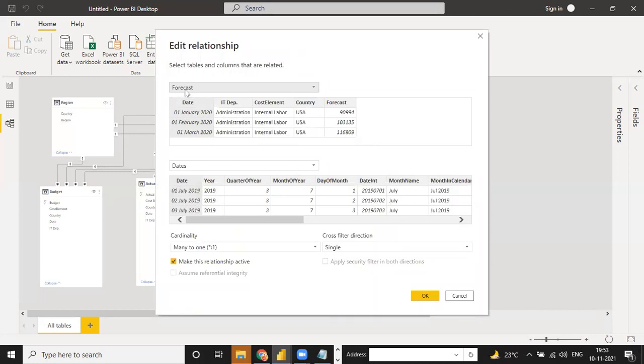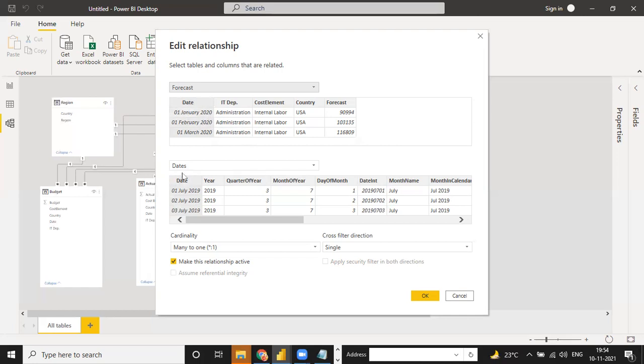This is your forecast table's date column. This is your dates table's date column. And the relationship is many to one, because in this forecast table, 1 January 2020 can be duplicated, since this one is a fact table with many rows of actual data, so we have duplicate dates.